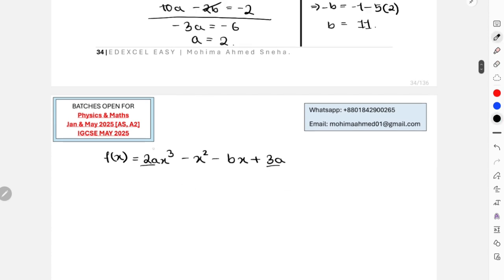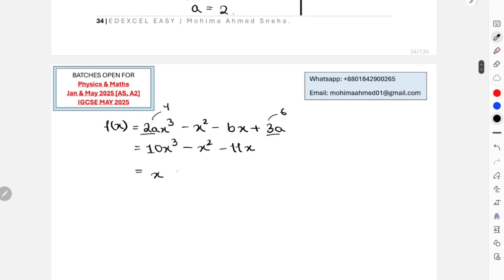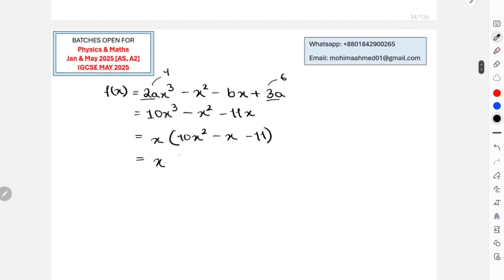So a was 2, so this will become 4 and this will become 6, right? Yeah, 4 and 6, this becomes 10x cube minus x square, and this one becomes negative 11x. Now I can take x common, and that will be 10x square and 11. From this part again, I already know the factors for this equation are 2 and 1. So I can directly split it. Now this is going to be like what, 20x